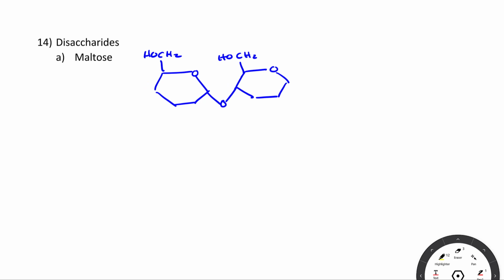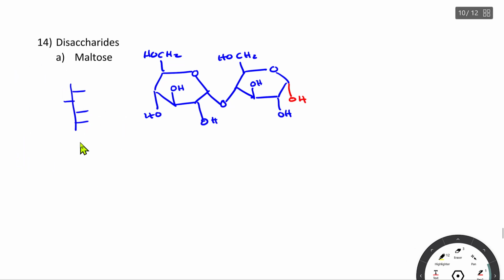You should pause the video and try drawing it yourself, and we'll draw the alpha form of the disaccharide that we're drawing. So see if you can do that. They're both glucose, 2 molecules of glucose connected like I've shown you in the middle there. Then what you have to do is decide what the alpha form looks like. Okay, so that's what it looks like, and just to remind you, this is what glucose looks like, so when you lay it down, number 2 will be down, number 3 will be up, number 4 will be down,